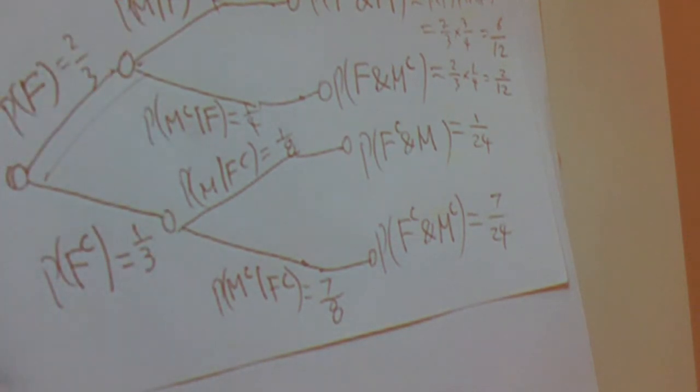Like in this problem, what do we want? Let me read the question. The question is, what is the probability that the company makes a profit on a weekend? So we actually want this probability. Do you agree? We want you to compute that, P of M, probability of making a profit. I don't care about the weather. I just want to know what is the chance that we make money. Now, you can get that from this tree. Why? Because look,